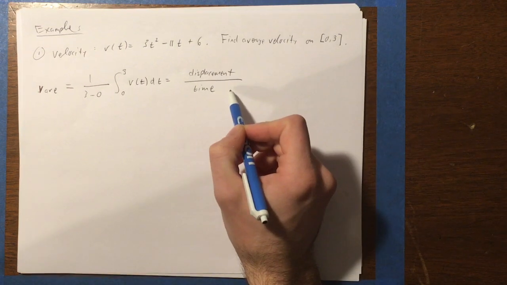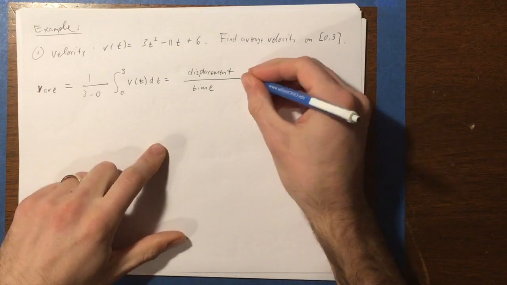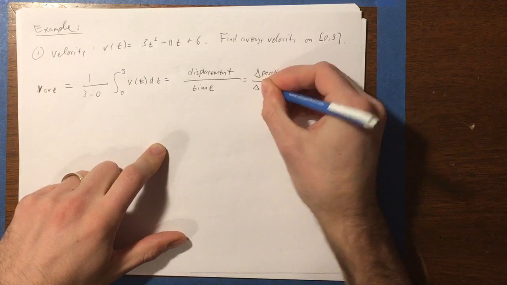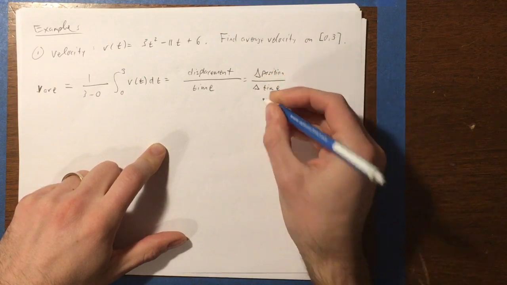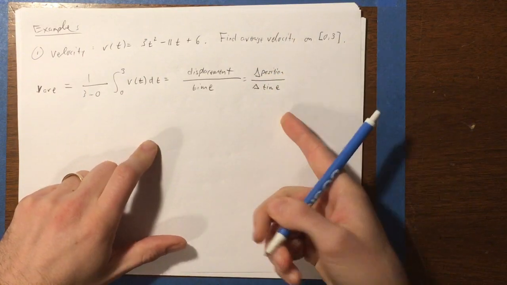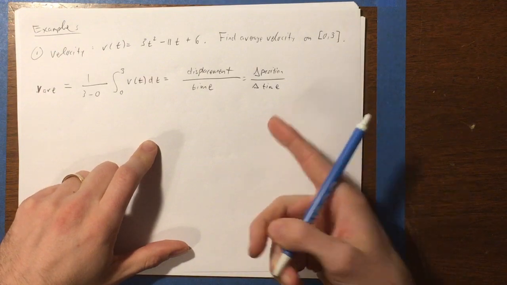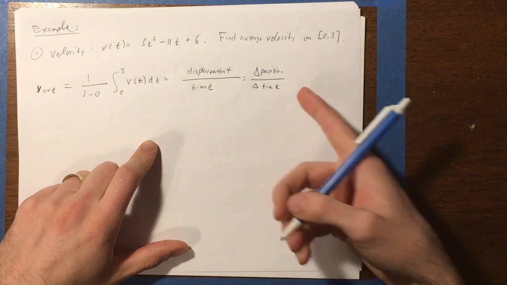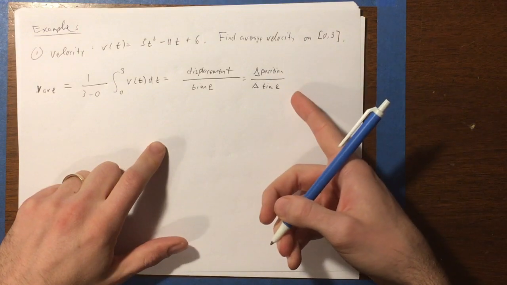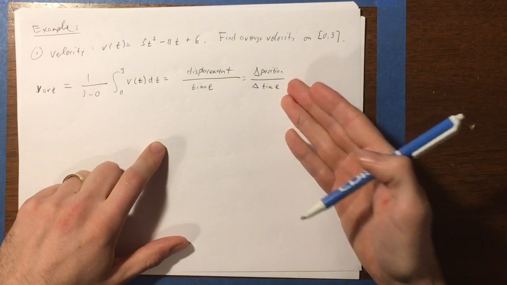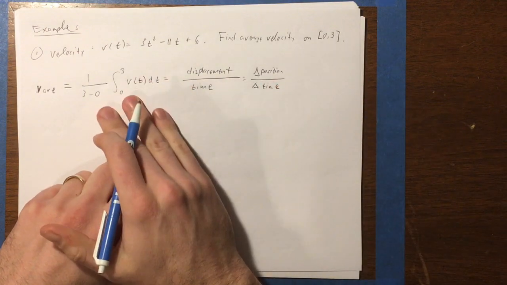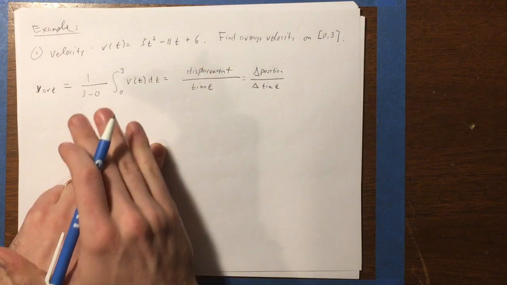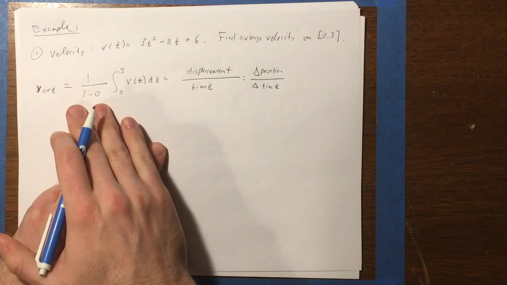This makes total sense, right? Because this is just change in position divided by change in time. This is literally the formula for the slope of a secant line, right? This is the average rate of change formula you learned back in college algebra, or even possibly algebra 2 in high school. This is a pretty common formula you learn in algebra class, and I just want to make this connection, right? Displacement is calculated with an integral, and then change in time is the length of the interval